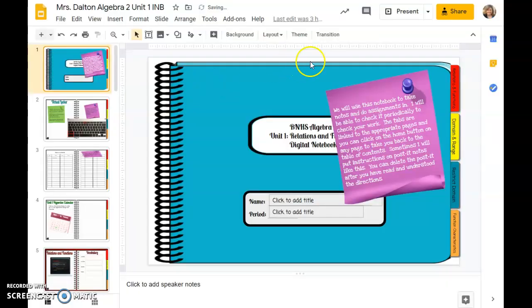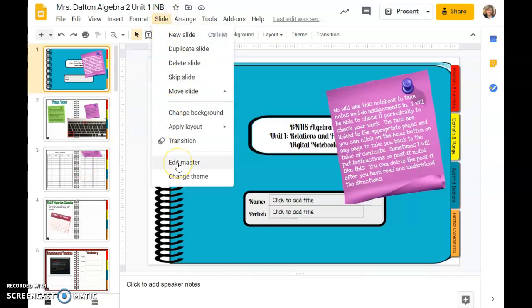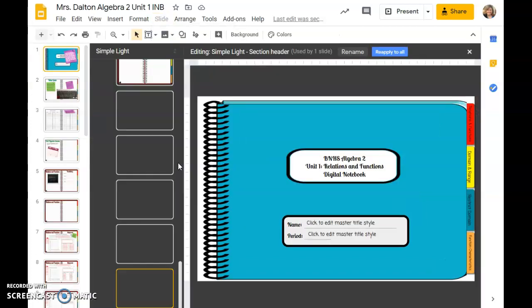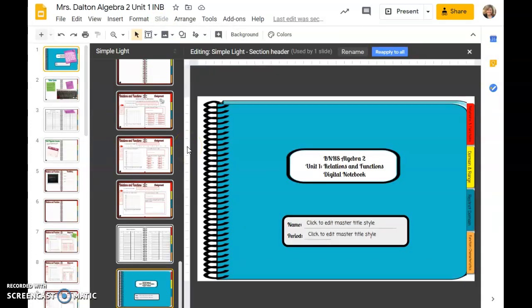Okay, and while I'm talking about this, I want you to understand that there are two ways that you can put some slides together. This is what I'm going to call just presenter view. So if you're making a presentation in Google Slides, these are just the slides that you would put in your presentation. However, if you click up here on slide and go down to edit master, this is where you'll want to create all of your slide templates, and it's the reason why you want to do it here is because whatever you make in the master view,